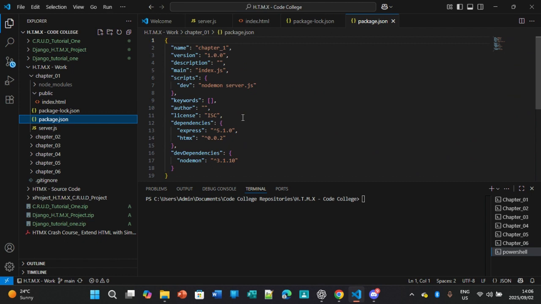And then our server. So this is the stuff that you can have on our back end. So index.html is everything that we've got on our front end. Then server.js